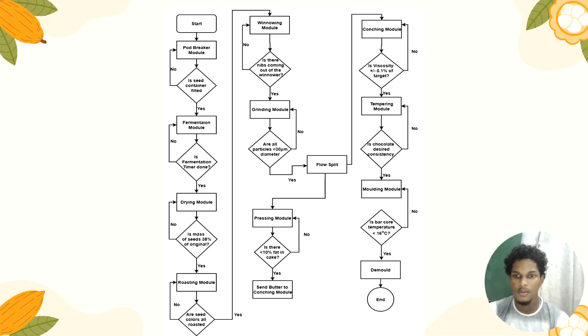From here, the product flow splits. One stream goes to the pressing module to extract cocoa butter, while the remaining chocolate mass continues to the conching module, where viscosity is refined and flavor is developed. The conched chocolate then enters the tempering module, ensuring the correct crystal structure and final consistency. Finally, the tempered chocolate is transferred to the molding module, where bar cores are formed and cooled before the product